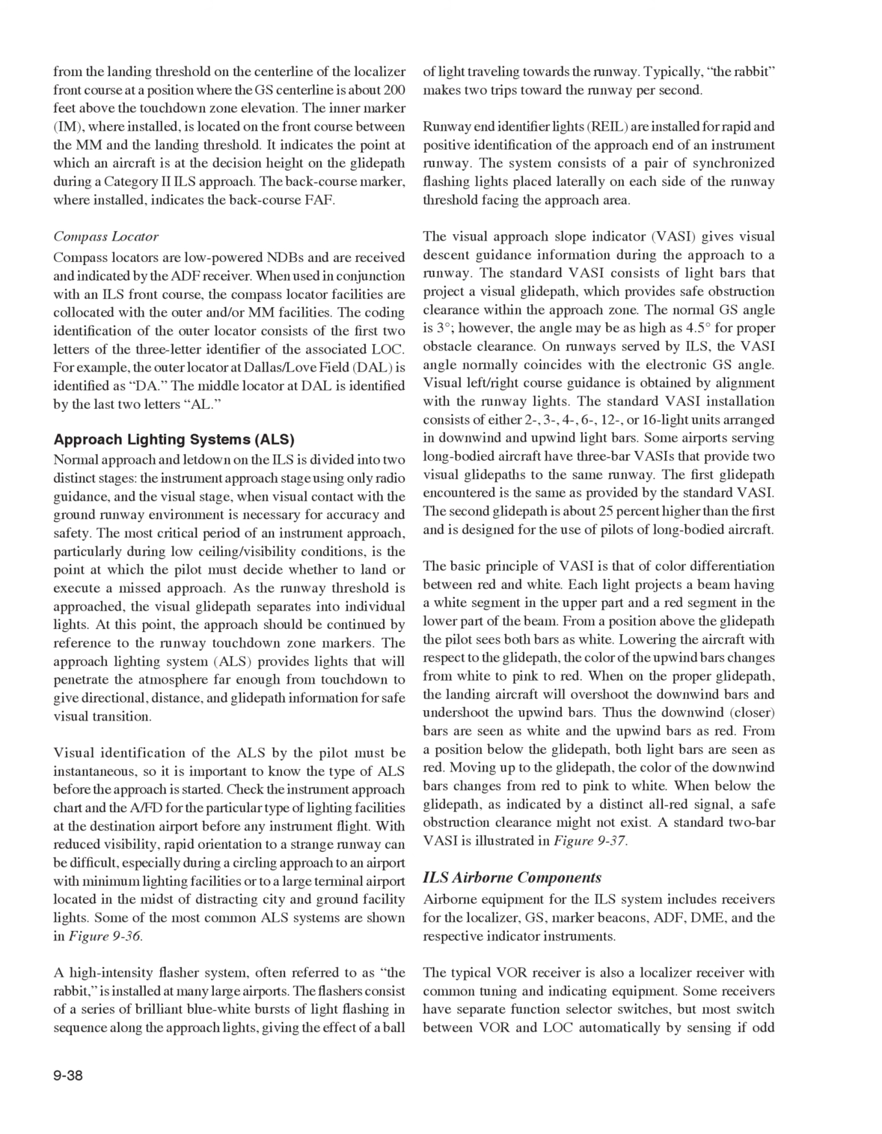ILS airborne components. Airborne equipment for the ILS system includes receivers for the localizer, GS, marker beacons, ADF, DME, and the respective indicator instruments. The typical VOR receiver is also a localizer receiver with common tuning and indicating equipment. Some receivers have separate function selector switches, but most switch between VOR and LOC automatically by sensing if odd